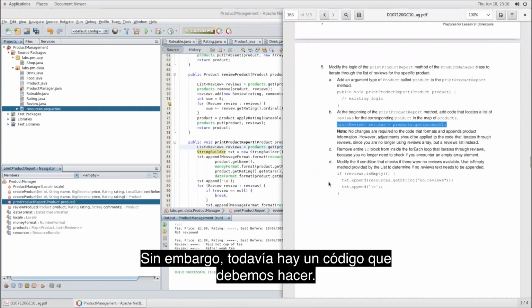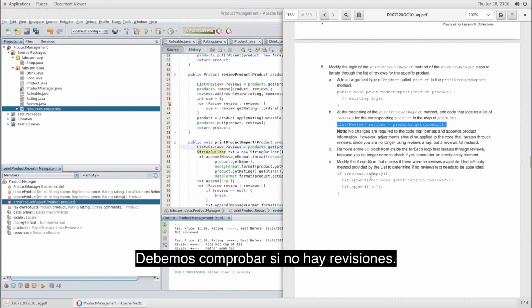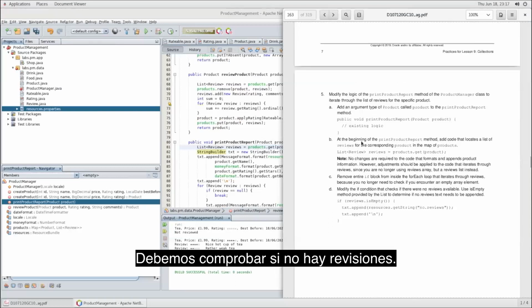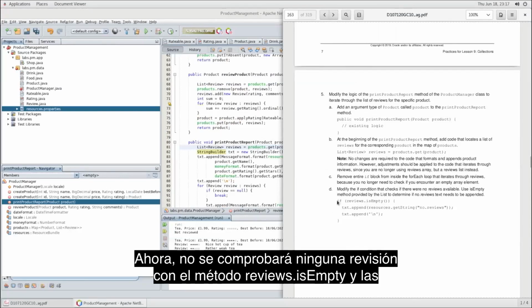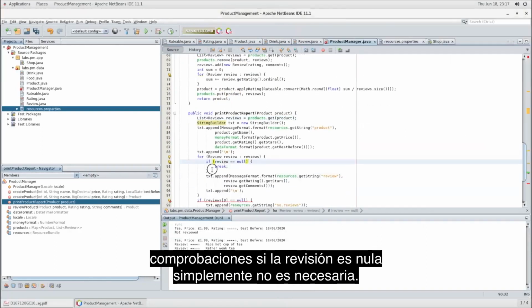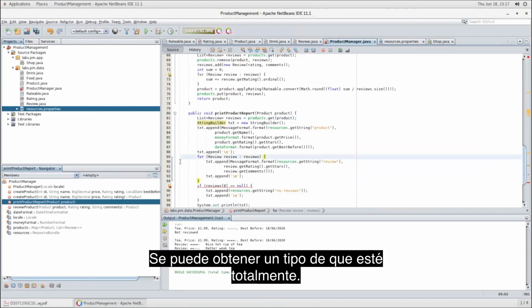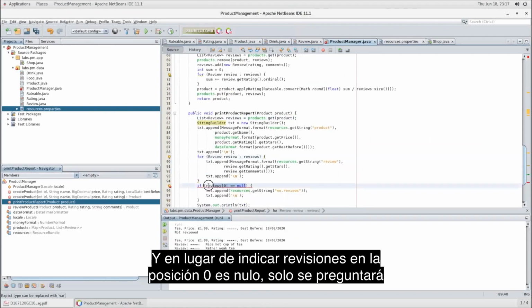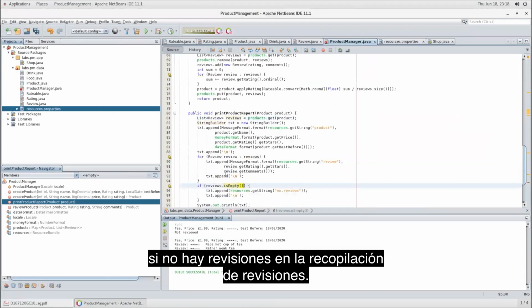However, there is still one piece of code that we need to do. We need to check if there are no reviews at all. The no reviews at all case will now be checked with this reviews.isEmpty method. And the if that checks if the review is null is simply no longer needed. We can get rid of that altogether. And instead of saying reviews of conditions, we'll just simply